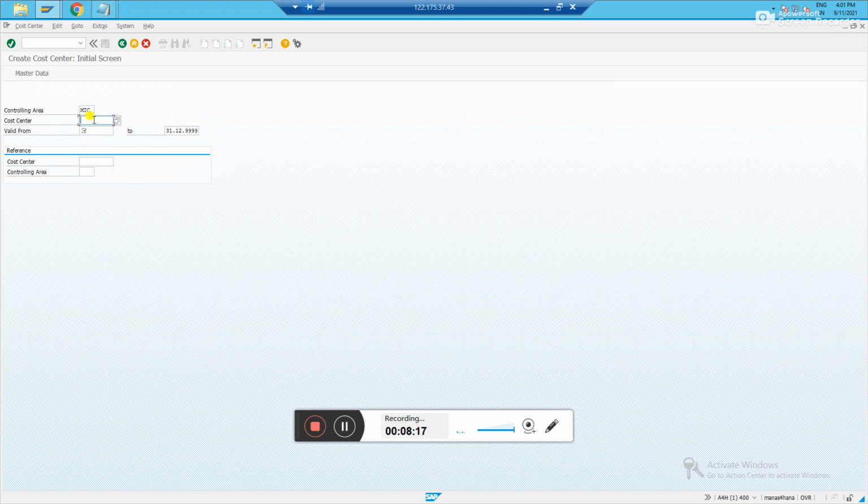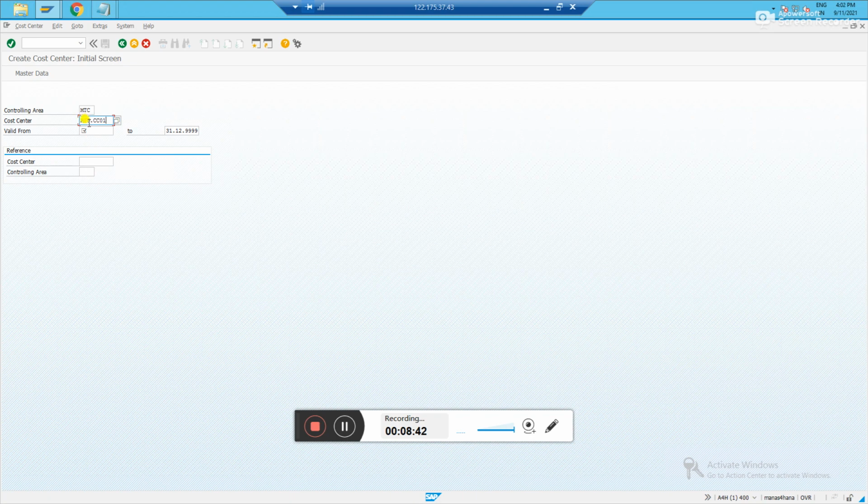MTC is my controlling area. Cost center: what is the cost center name you want to create? How do you name it? Let me create MTC CC01. Okay. Let us follow the naming convention, so easy one, so that while creating multiple records, we can keep track of it.